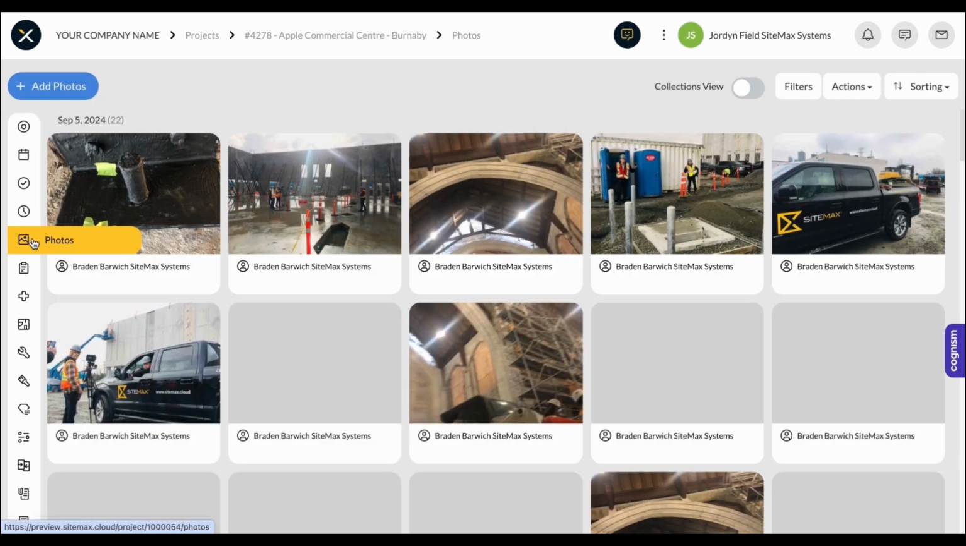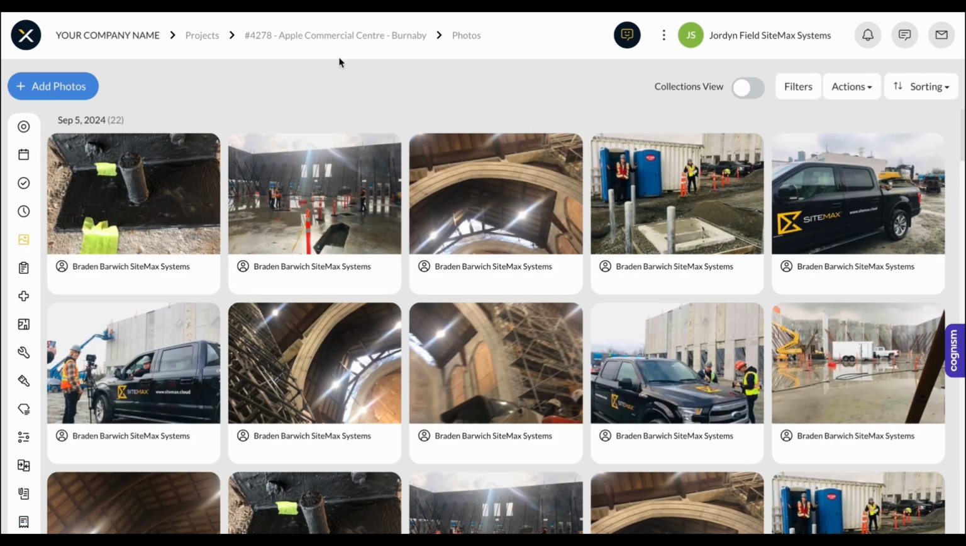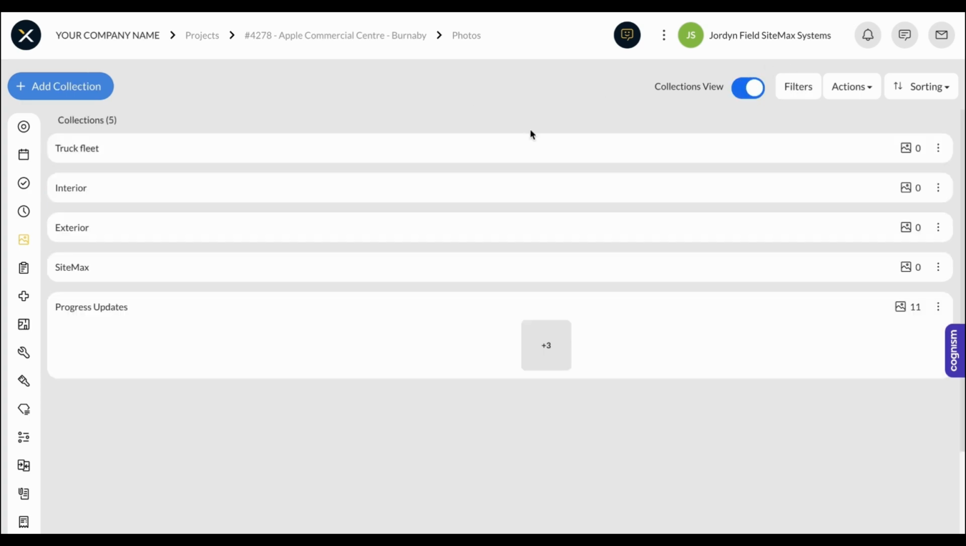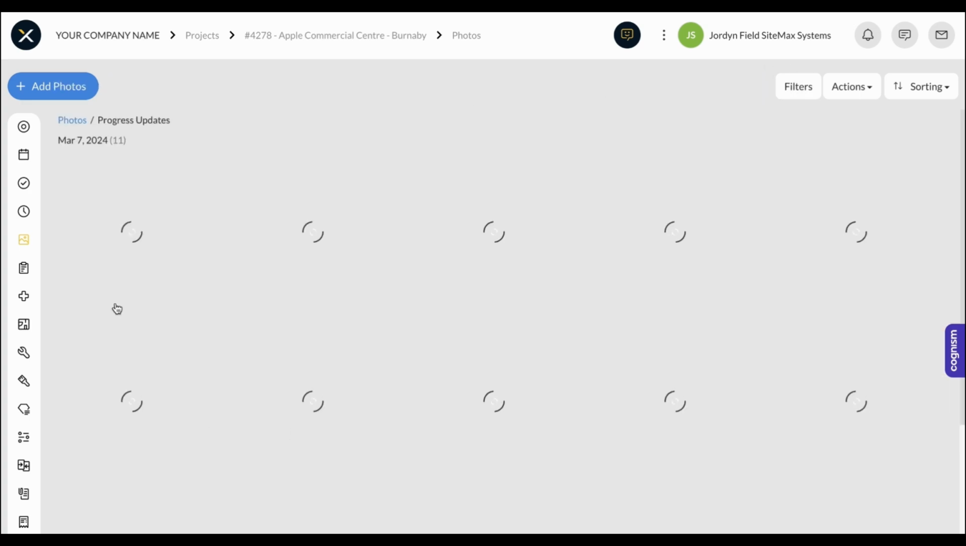Next is the photos module. This is a really easy module to use where people can open up the app, take photos and videos, and those photos and videos will live on whatever project they're taking on. You can also create collections if you want to organize your photos across your site,